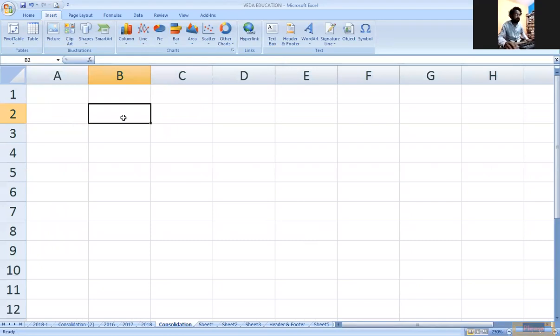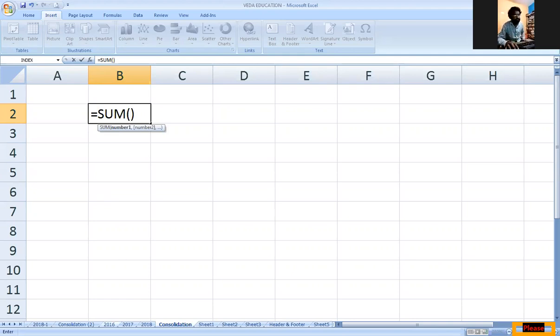Then, in this particular cell, I need the summation of the 2016 cell address, the 2017 cell, and the 2018 cell. The same B2 cell values should be summed over here.